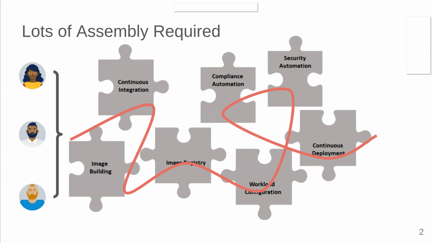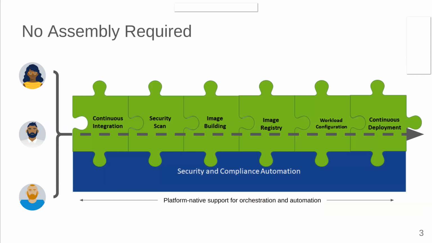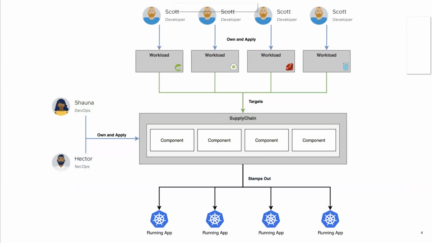And what we found is that a lot of times it's up to the developer to stitch these pieces together. And so what we've been focused on is creating a tool that allows the platform and DevOps teams to create these repeatable paths to production. These repeatable, out-of-the-box supply chains is what we're calling them, that essentially stitch together all of the things that you need to ensure that when your workload reaches production, it has all of the things that it needs to be secure and compliant for your organization. And the way we've done that is by creating something called a supply chain that typically the